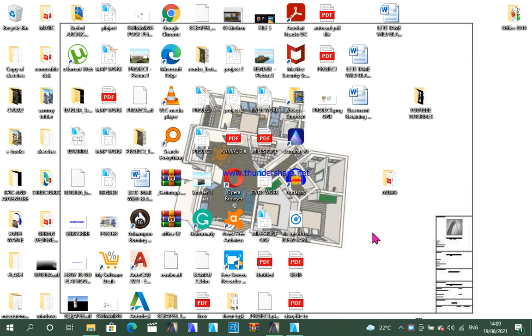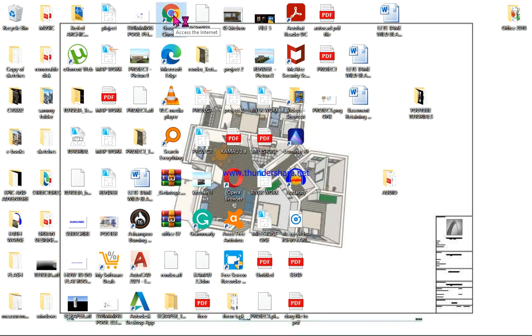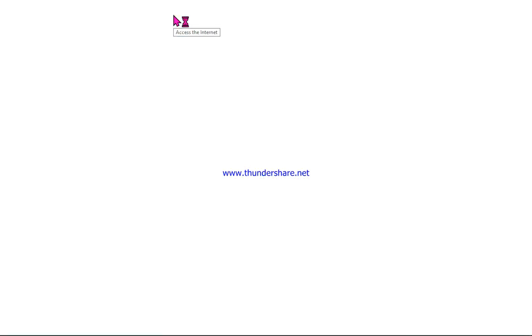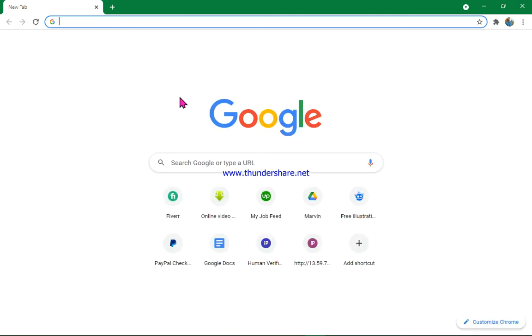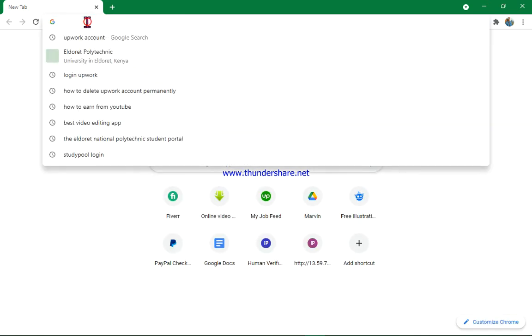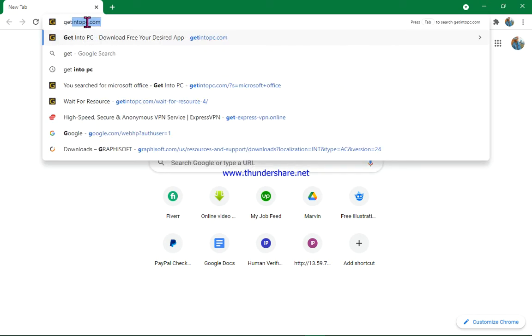I'm Marvin and I'm going to show you how you can download software on your PC using simple steps. So go and open your Google Chrome. Here your Google Chrome page opens. Here you type get into PC,